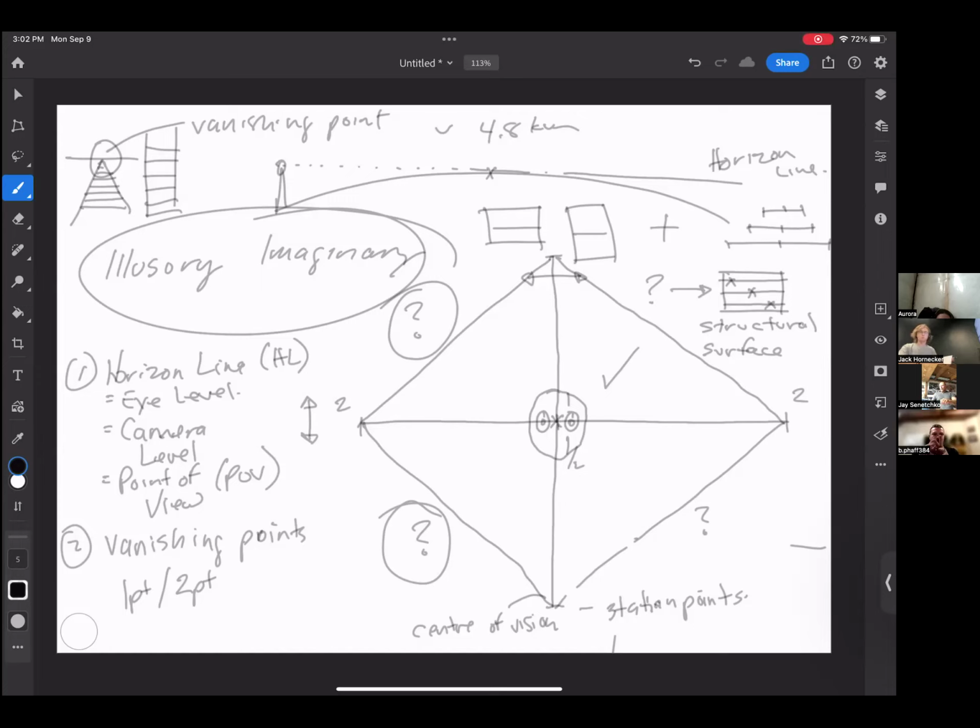Okay, I am going to screenshot this because this is the end of my hopelessly irresponsible introduction to perspective. But it does give you some vernacular that we all need to know in order to move forward. Now, because I'm aware that I write like a 3-year-old, at least in this medium, I actually have lovely handwriting. I just can't take the time to do it.